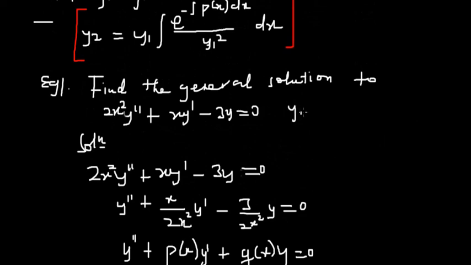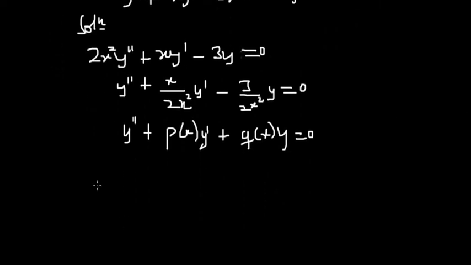y1 of x to be equal to x exponent minus 1. Okay, so let's proceed. So we have y1 of x to be equal to x exponent minus 1. So we could find y2. We know that y2 is equal to